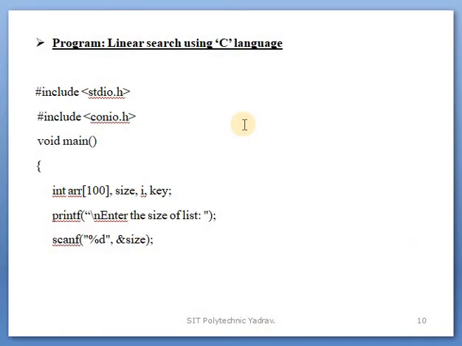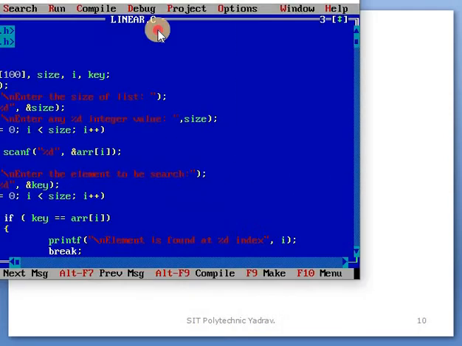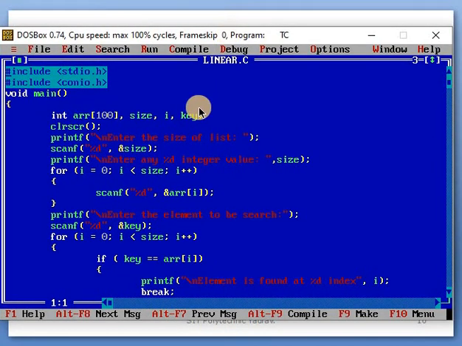After that, the program. How will this program be run? We show it using Turbo C. In our previous theory lectures, under lecture number 11, when we started the second chapter, searching and sorting, I executed that program also. All our points are clear, but again in the practical session I am repeating it. This is the program.